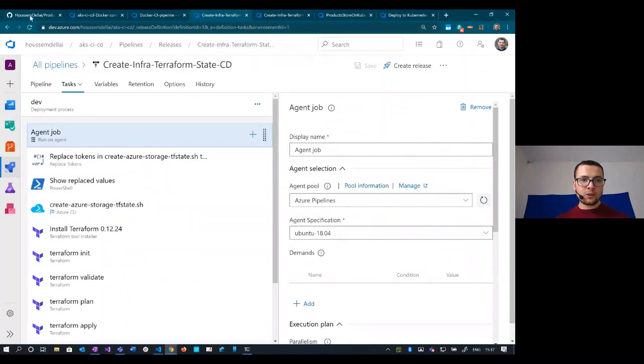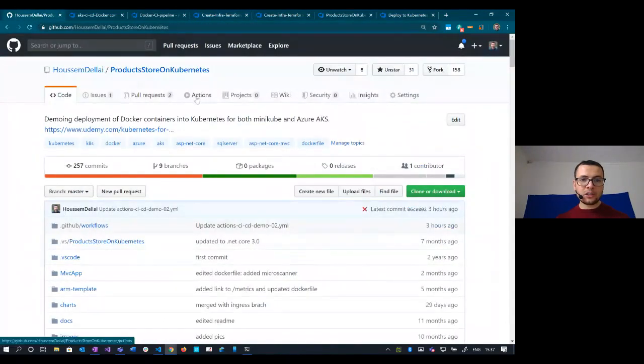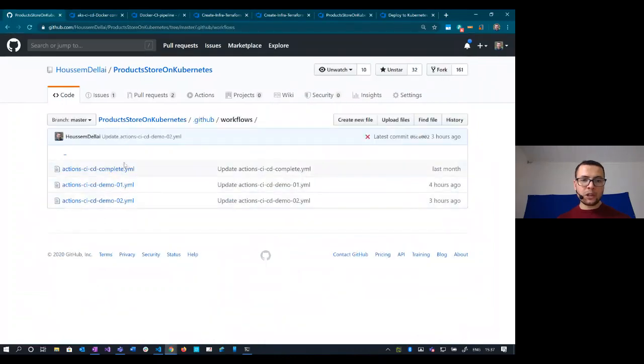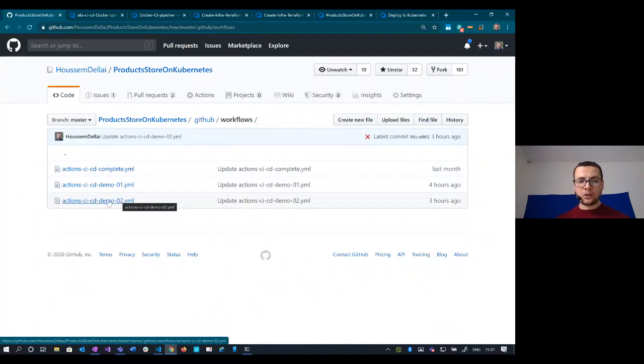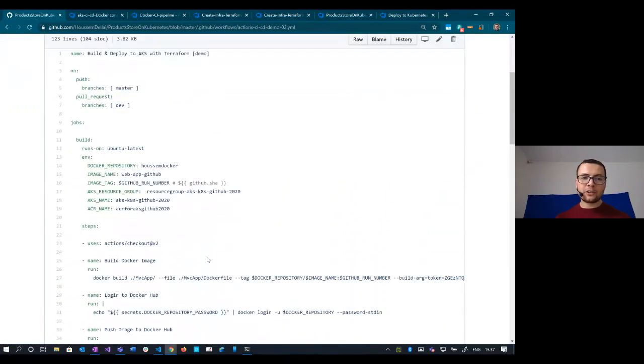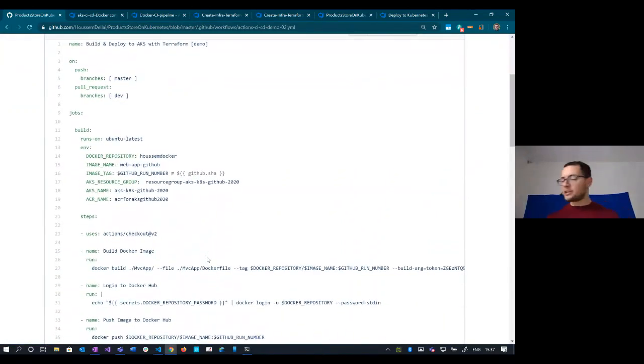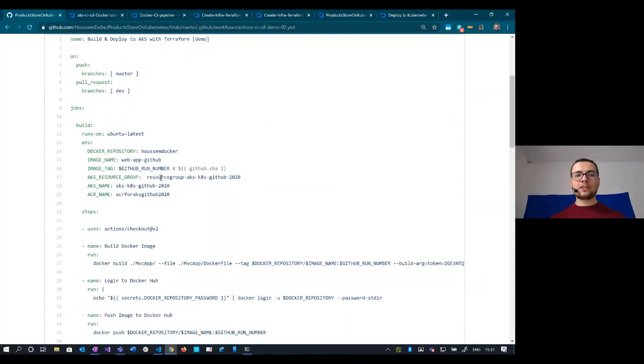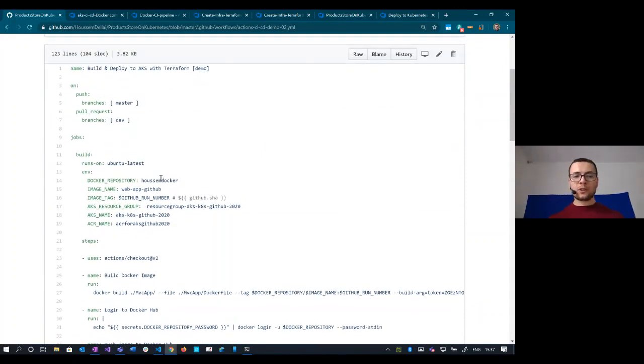So let me go to here. In my project here, if I go to GitHub/workflows, from here I have created the YAML pipeline using Azure using GitHub Actions. Let's see this one, for example. And here it's almost the same pipeline as we have created in Azure DevOps, but here using GitHub syntax and